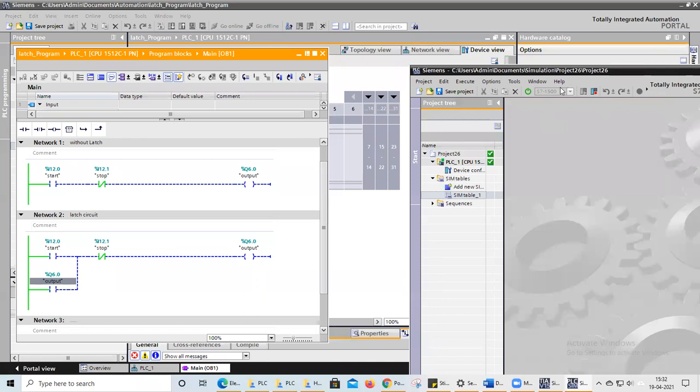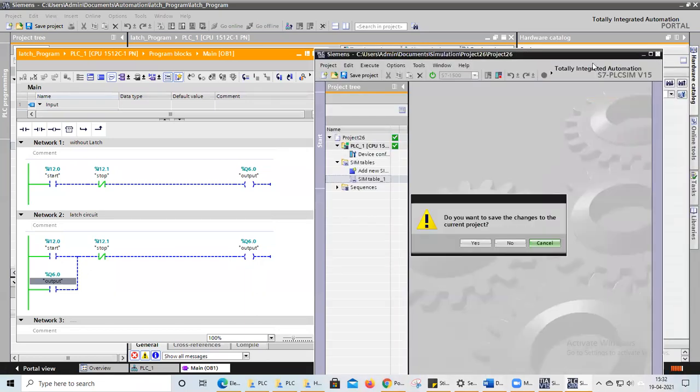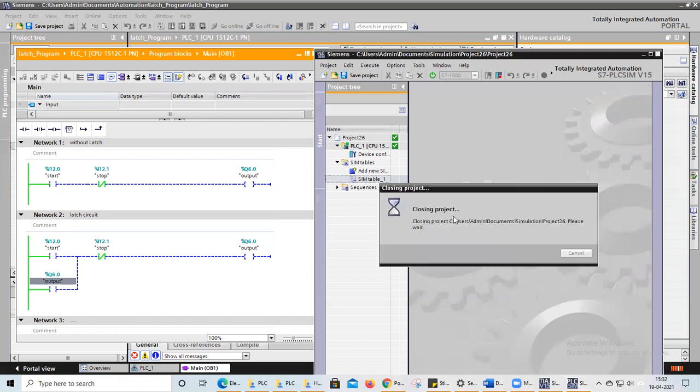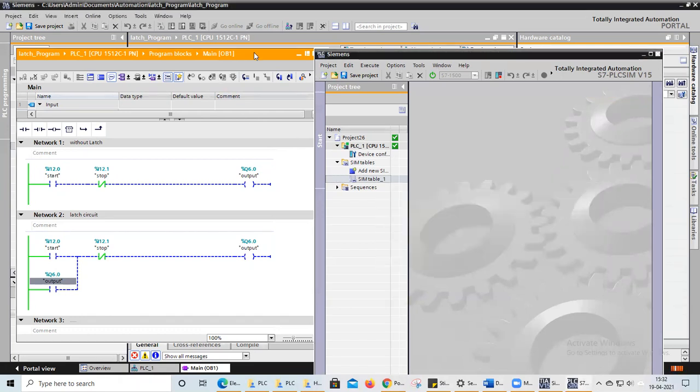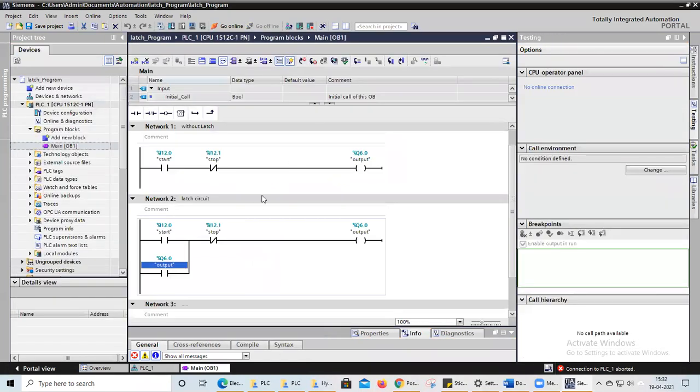We'll close our simulation and go offline. In this case, I will change the name of my output.